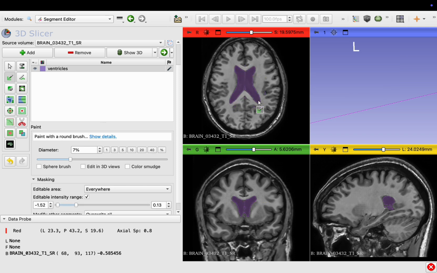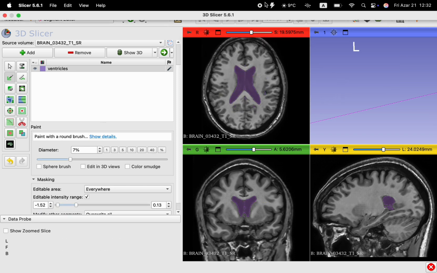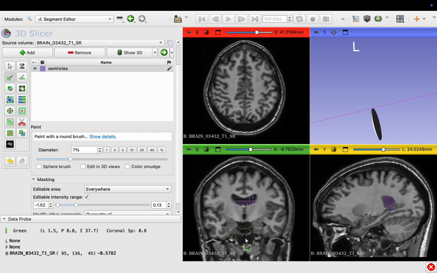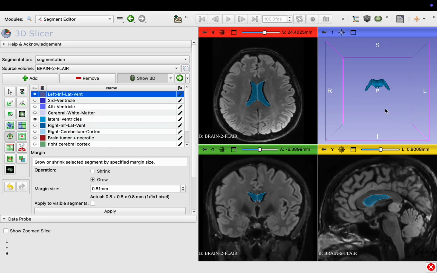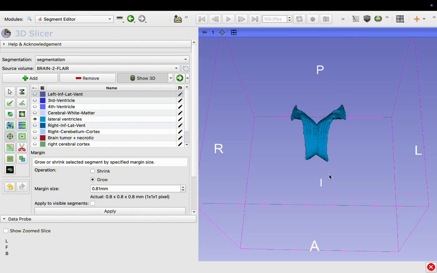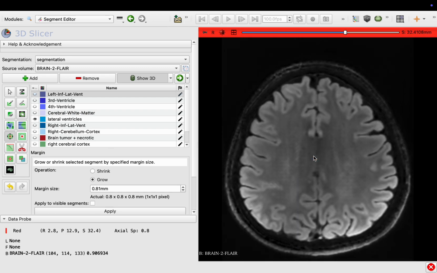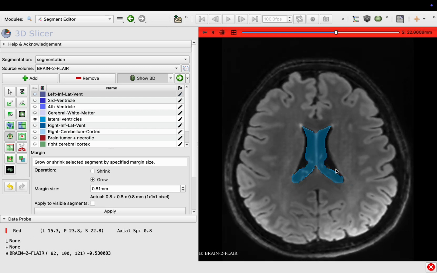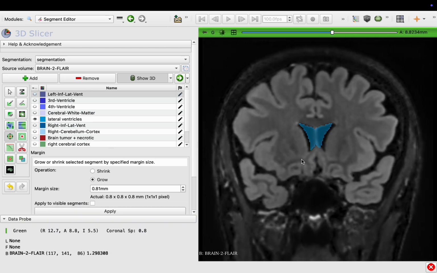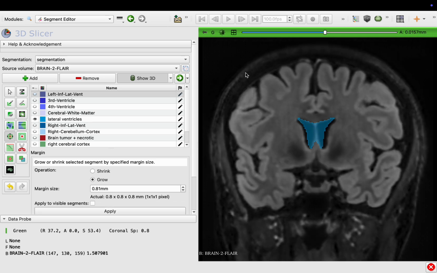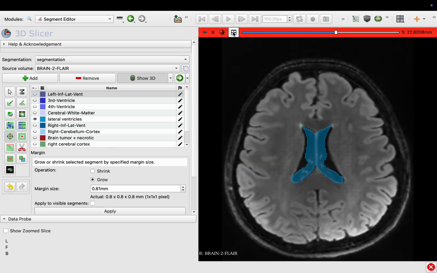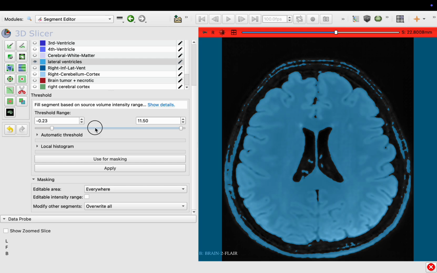One of the very important times that you can use the threshold method is for correction of under-segmentations of a structure. For example, in this case, as you can see, I have segmented the ventricles. But by checking the 2D views, you can clearly see that there is a huge mistake in segmentation. There are some areas of under-segmentation of ventricles, and for correction of this under-segmentation, I try to